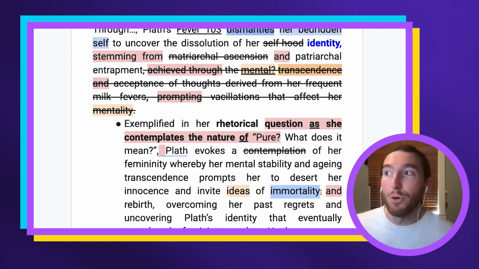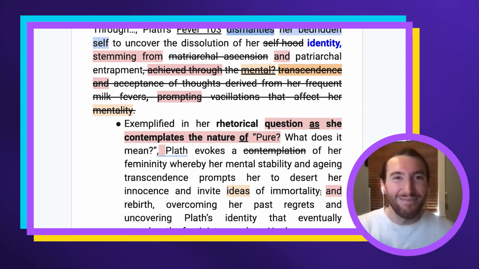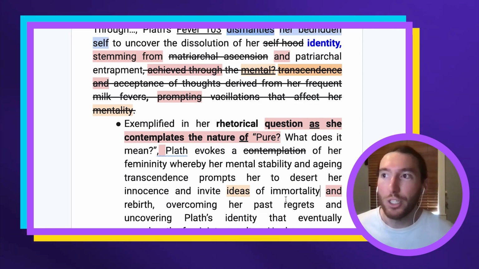Simply using the word immortality isn't an idea. You're not telling me the idea. You're just telling me a theme word, but you haven't told me what the idea behind it is. What, that we're not immortal? That something leads to rebirth? You've actually got to try and say it as a phrase. It's not just going to be sufficient to say one word such as immortality. That's actually not an idea. I don't really know what you mean by that. So make sure you're telling me something specific about one of these.